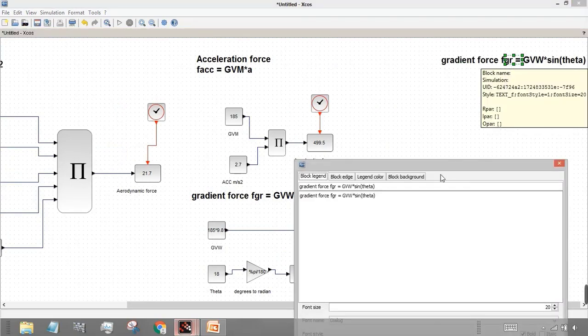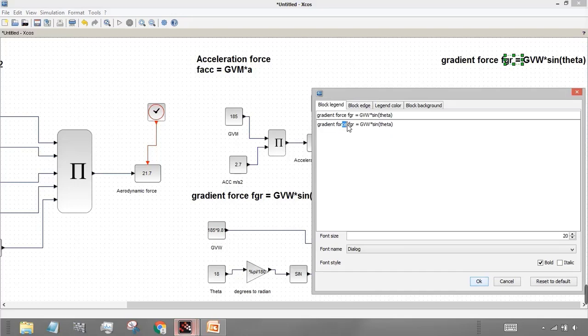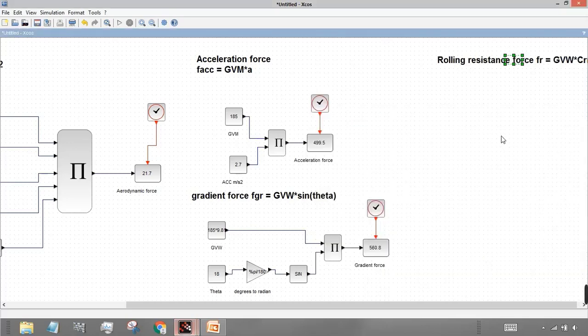Control F2 and write, this will be the rolling resistance force, which is R, which is equal to gross vehicle weight into CRR, coefficient of rolling resistance, and then click OK.